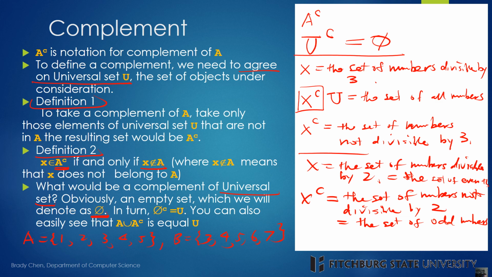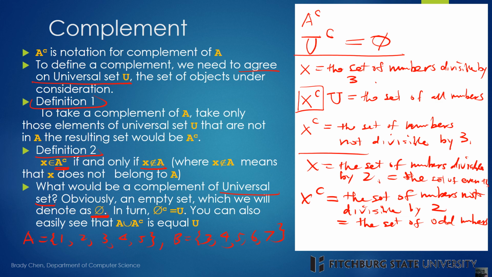Then the complement of A should be all the numbers except 1, 2, 3, 4, and 5, right? That's fine, no problem. And the complement of B is the set which contains all the numbers except 3, 4, 5, 6, and 7,